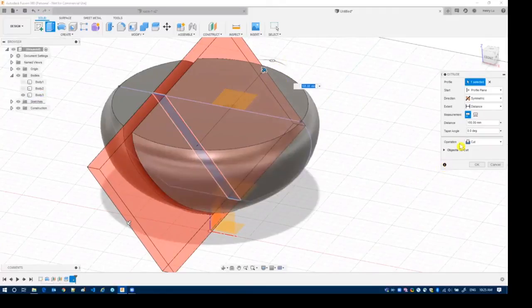But the magic happens here. It's the operation. We're not actually using cut. We're not actually using drawing, which we used before. We're going to use this intersect. So what the intersect does is, the intersect will only keep the intersection part